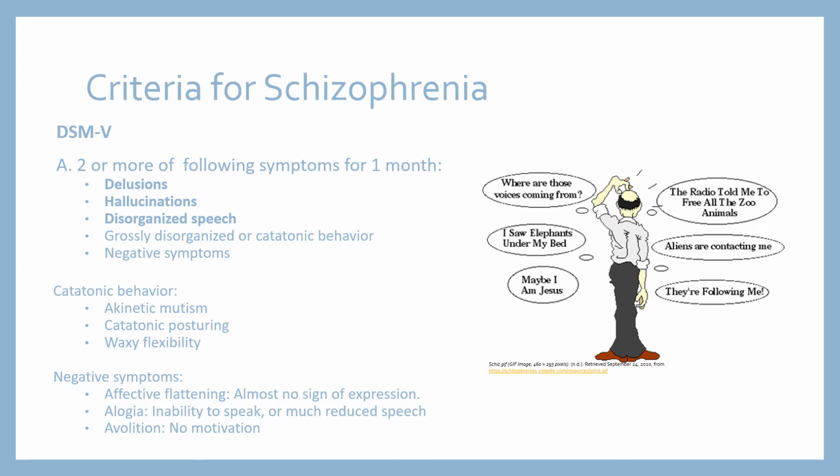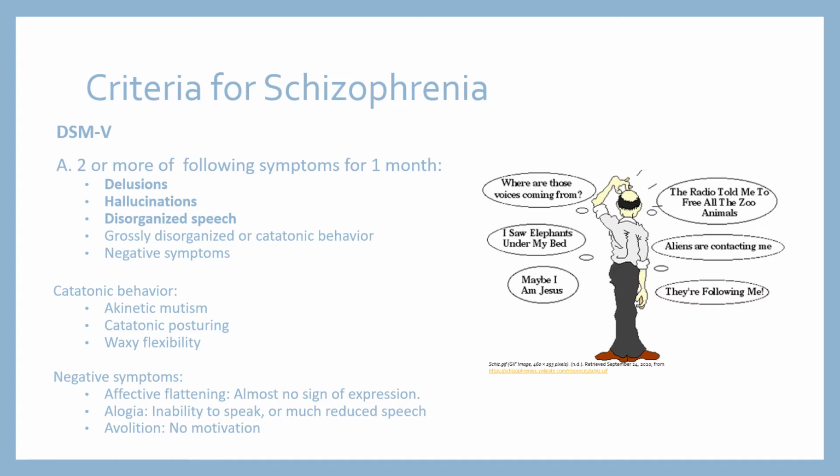Delusion is a firm belief in a concept or an idea, despite any evidence that might be to the contrary. For example, the FM radio is a message transmitted by aliens. That could be one example of a delusion. Hallucination is a sensory perception, despite the source of the perception not existing.